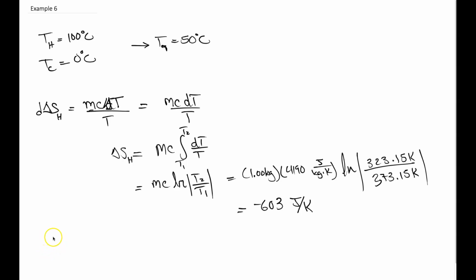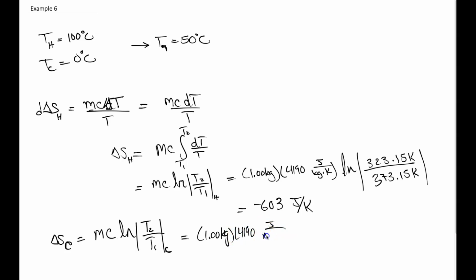And then similarly, we can say that the change in entropy for the cold is going to be MC natural log of T2 over T1, but now for the cold system. This is for the hot system. So this is going to be, again, mass of 1 kilogram, 4190 joules per kilogram Kelvin, times the natural log of the final temperature for